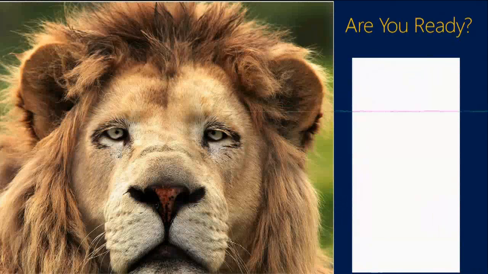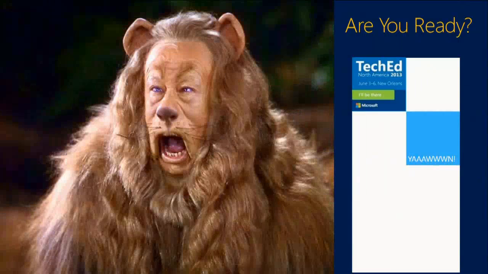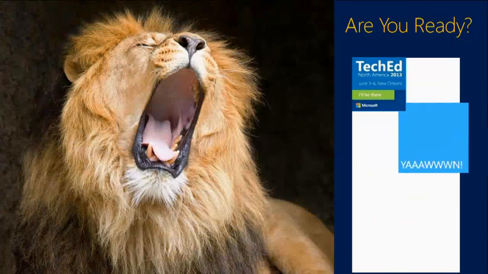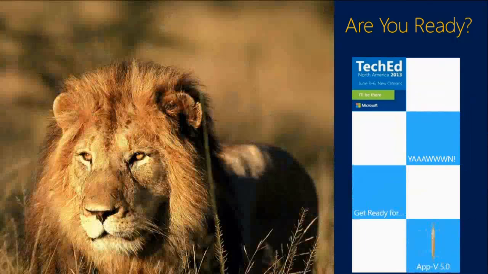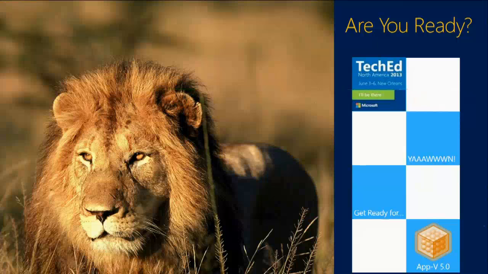So, before we get started, I want everybody to stand up. Stand up. There we go. And we want you to really stretch. It's Friday. Everybody's had a good week. Hopefully everybody made it to at least one party. Go ahead and stretch. Come on, stretch. Move around a little bit. We're trying to keep you awake this time. I know it's the last few sessions, and hopefully if we see your eyes closing, we're going to start pointing at you. If you have to yawn, get it out. Good, good. And there's a couple people needing a little bit more stretch. Go ahead. Awesome. All right, so get ready for App-V.